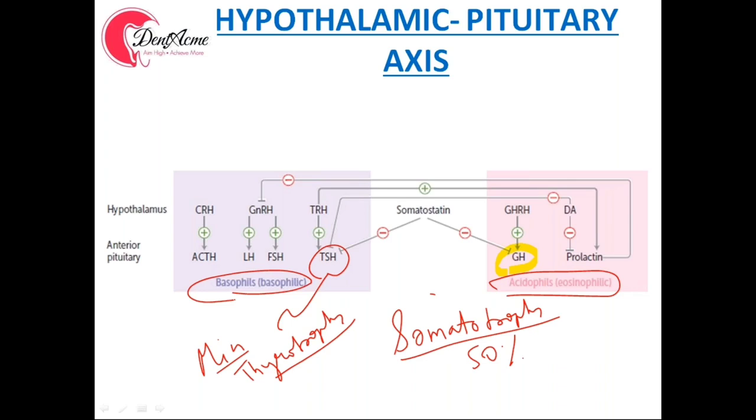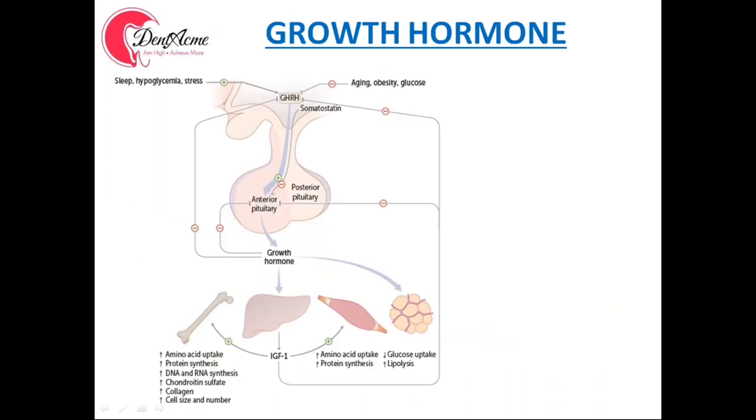Let's talk about each hormone one by one. We'll try and cover all the important hormones. So let's begin with growth hormone. We have already discussed that growth hormone is secreted from the anterior pituitary, and growth hormone releasing hormone from the hypothalamus